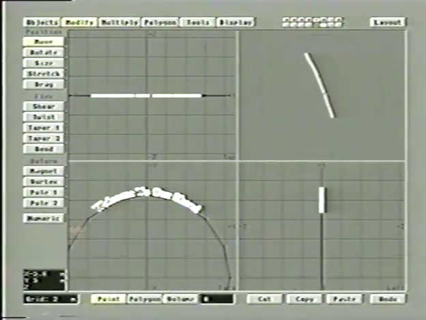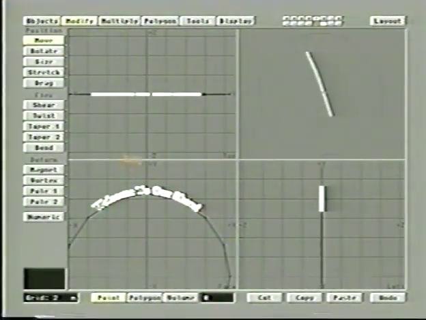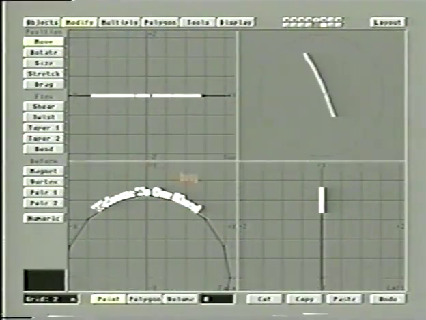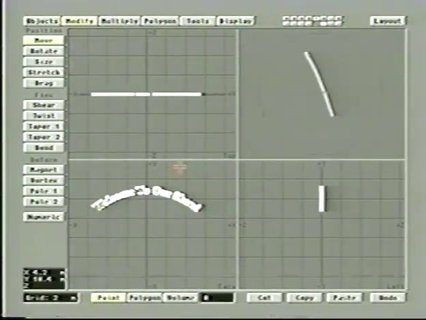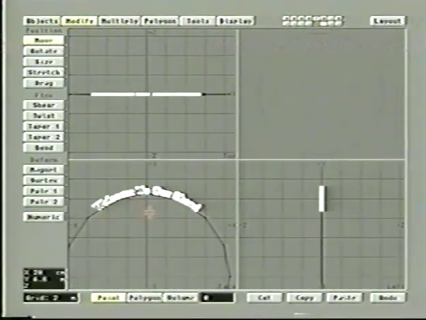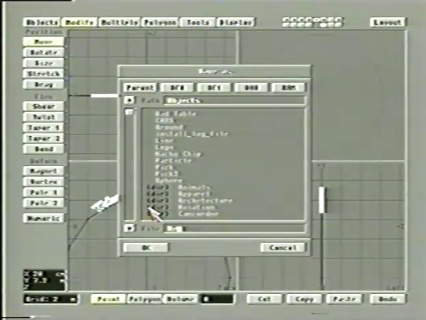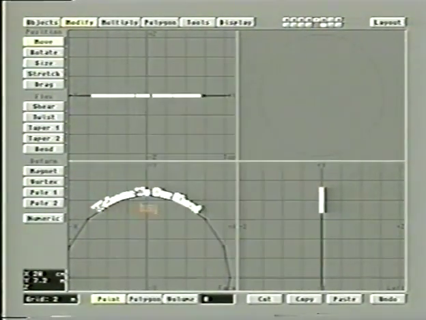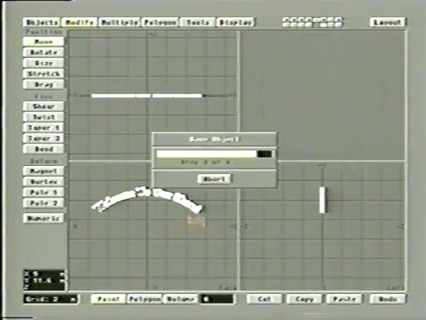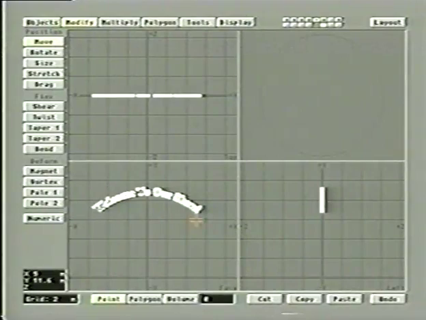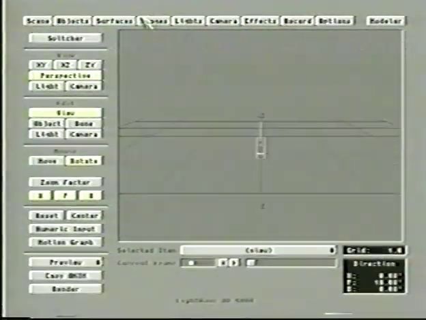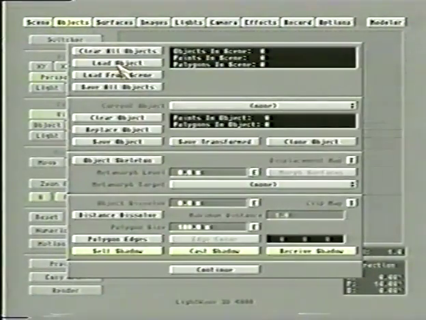Now, I just want to make sure it's centered properly on the x-axis. So I'm going to do that F2 center 1D macro for x. And looks pretty good. Now let me just quickly save the text object. I'll call it bent text. All right, now if we load up the object into layout,